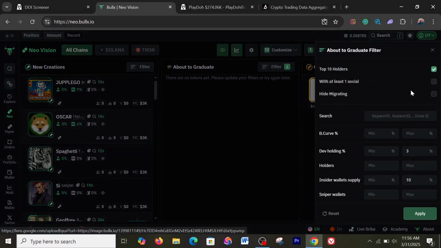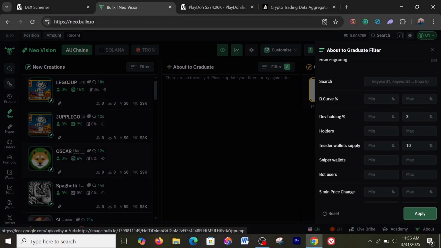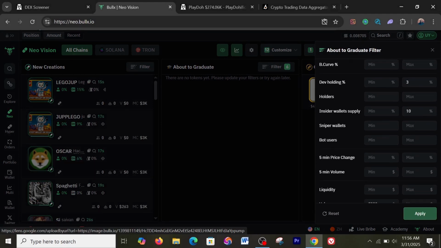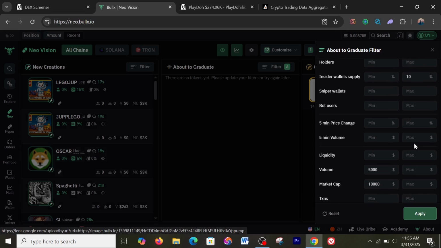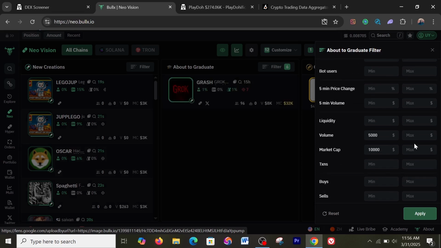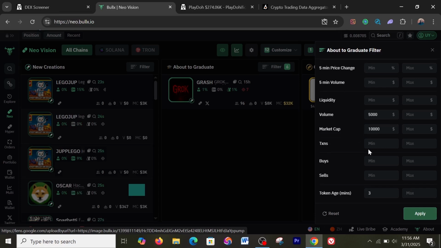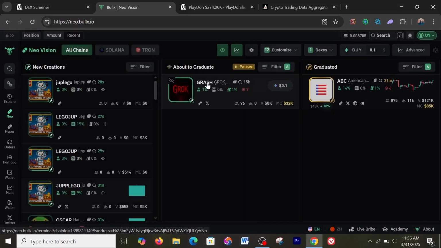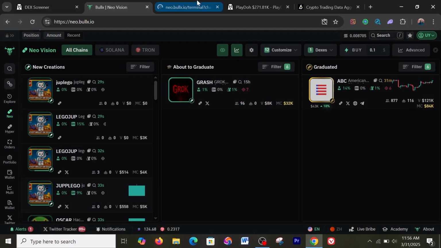You could say dev holding maximum 3%, insider wallet supply max 10%. This, for me, is what I use. My filters are very tight. So volume minimum of 5k, market cap of 10k, token age minimum of 3 minutes. So what I'm doing is I'm looking at tokens that I can ride to the upside right when the market